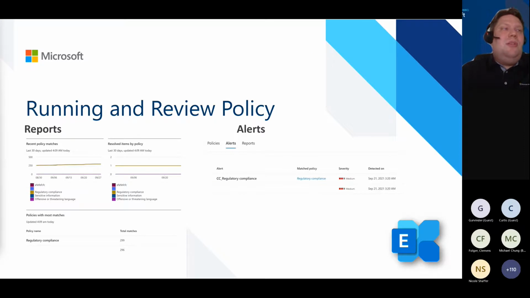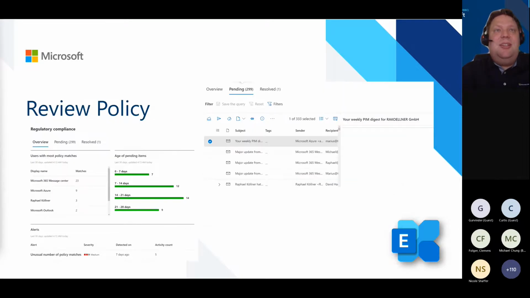And at the end, when we do all of this, you see here, we run the policy and we see the reports of the policy, and we can see, okay, what is being sent? Do we have matches? For example, in this example, we have 299 matches. I started with analyzing, so some of these are false positives, so I have only 269 issues and challenges. When we have a look a little deeper at the reporting, and this is what the analysts will do, you see here are the emails, and you see here your weekly PIM major updates.